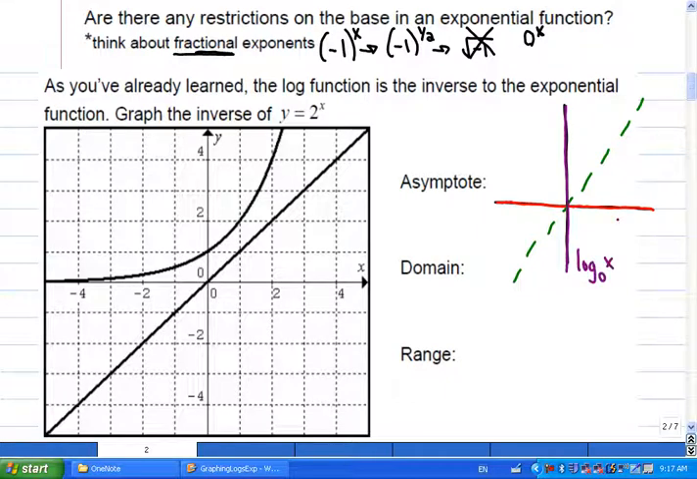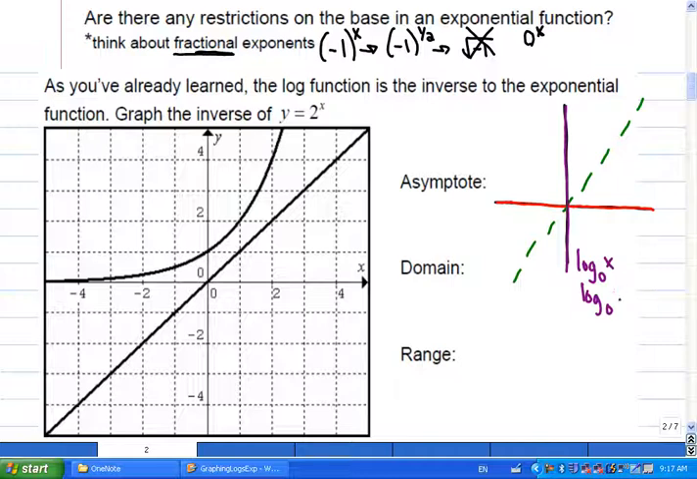So the problem here is that this is not a function. It does not pass a vertical line test. There's more than one value of y for that value of x. So for example, if I was to say what exponent of 0, if we were trying to ask, log base 0 of 0 equals what? Well, it could be,